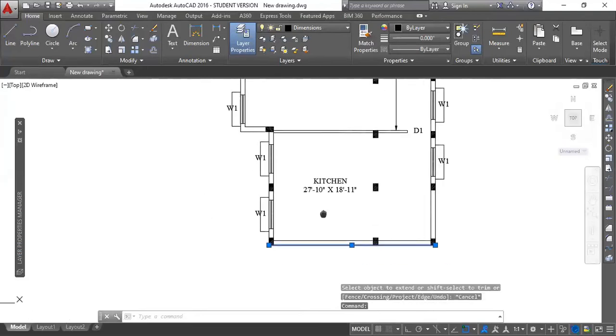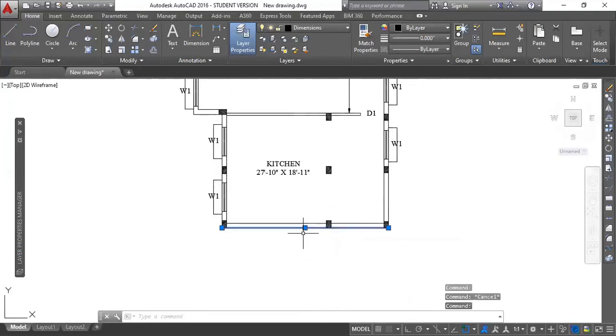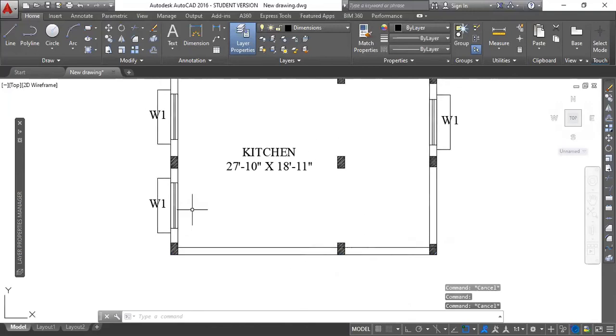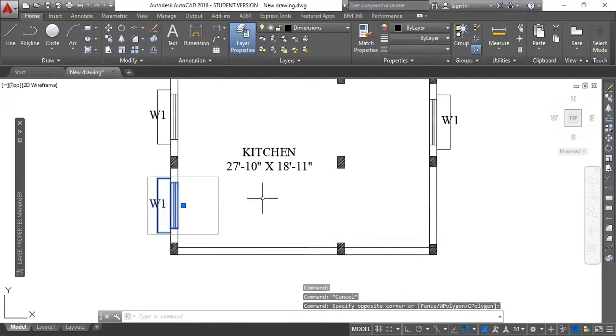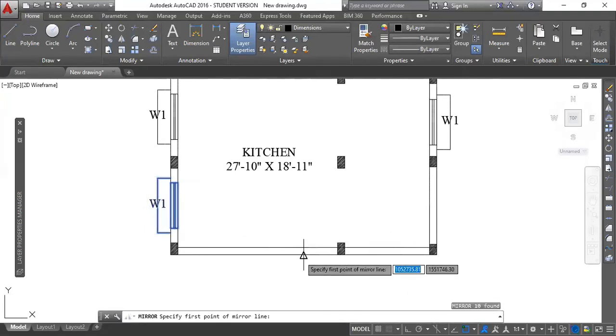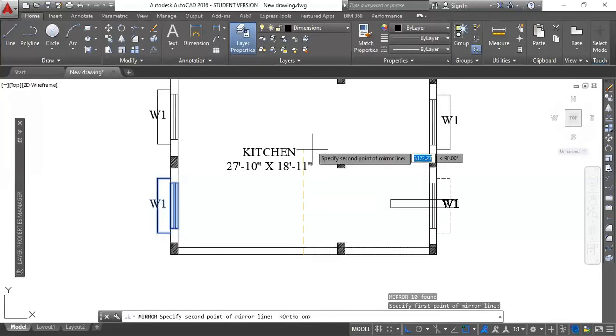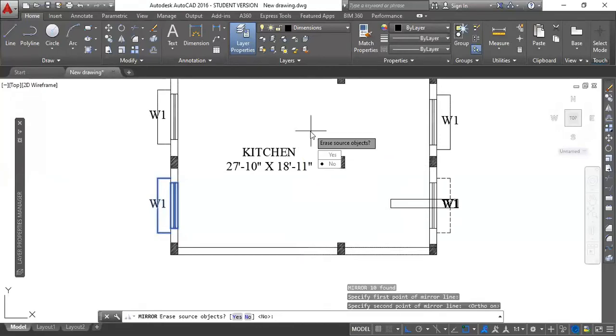Okay, so in this case, I know that this is a single line, so I'll obviously get a midpoint of this. So I'll get a reference point. If I need to mirror this object, I'll simply hit MI, enter. So I'll get this reference point because I know that I can get a midpoint here easily. If I keep my ortho on, it will automatically put it on the opposite side.